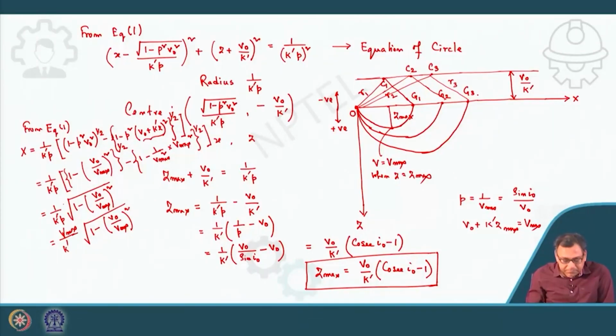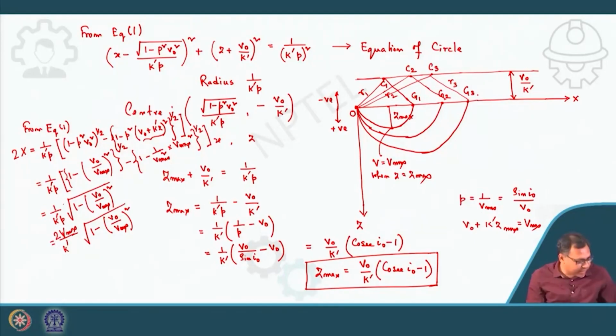Clear? But that is again I am talking about half of the distance. Now for full distance, that will be twice x, so this will be 2 V max by K dash. The full distance. If you take half distance, then it is V max by K dash root over 1 minus